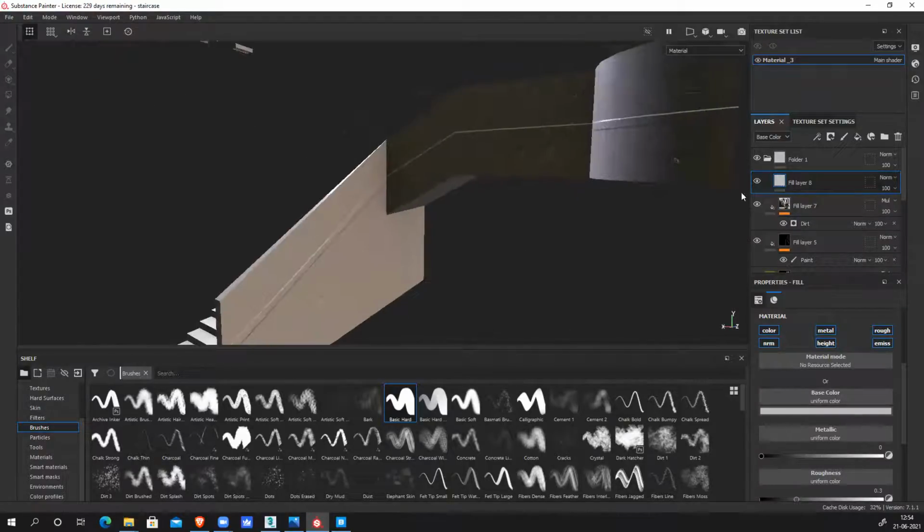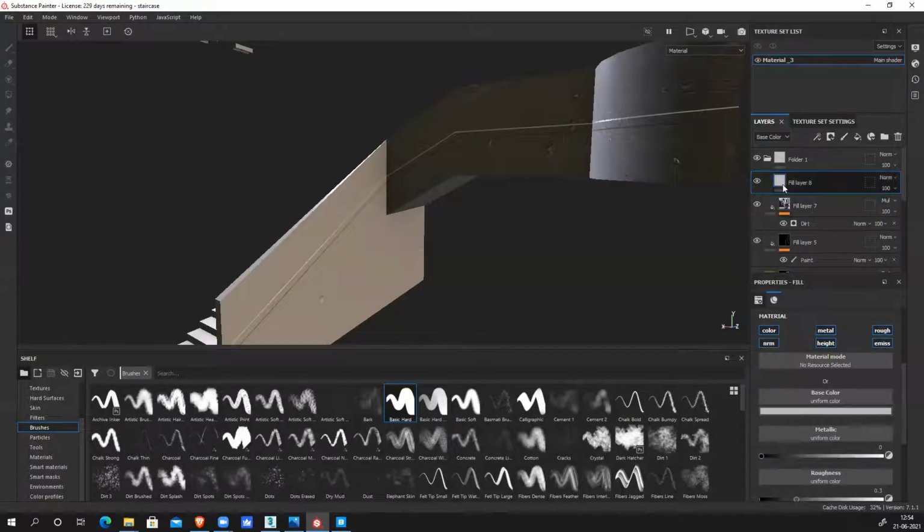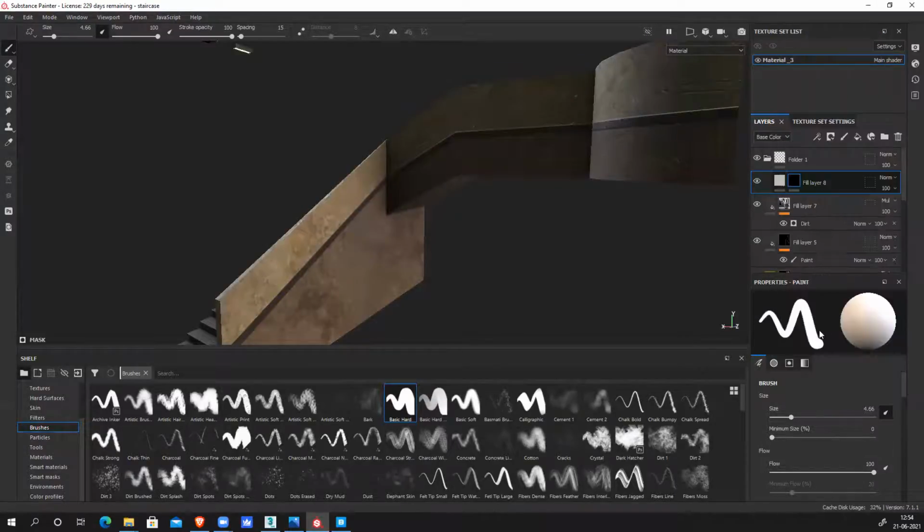So what I have to do is I need to fill some texture here. So right click, add a fill, and I need color and height. Add height. Now this fill, color and height is required. So I can use this fill, or I can keep this solid color, or I can apply a texture here or add some color also. This fill is technically not required. Right click, add a black mask, add a fill here.